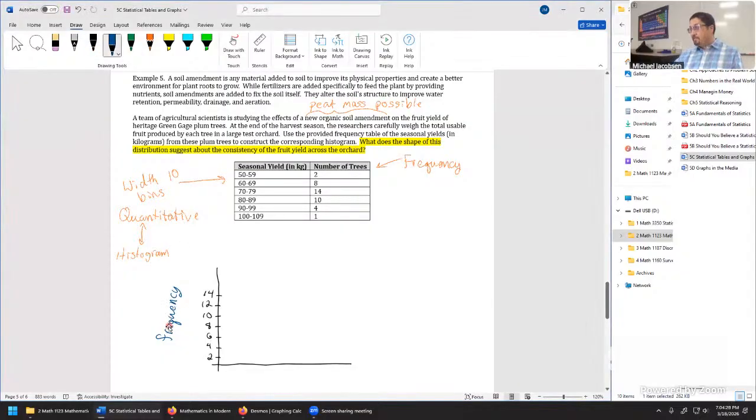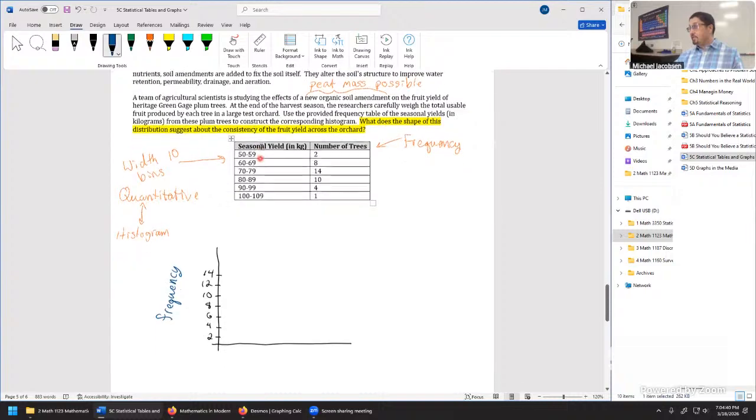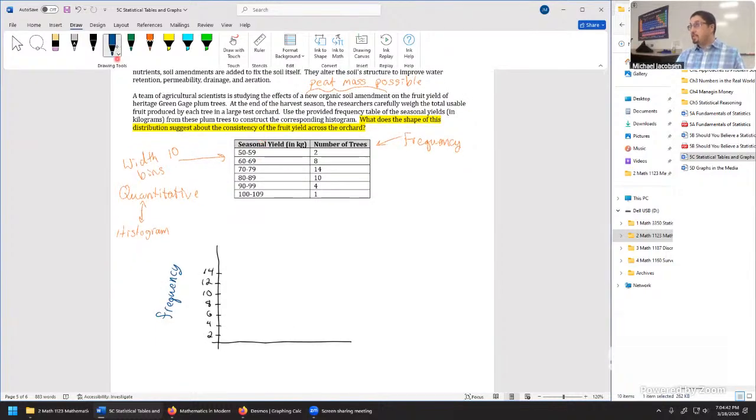Okay, so we have frequency for the vertical axis. On the bar chart for the horizontal axis, it was the categories. Here we have imposed categories, so we're not doing anything too different. We'll just say that this is seasonal yield, in kilograms. So we have a title, it tells us exactly what the unit is. And maybe for an overall graph title, we can call this, let's say, yield of green gauge